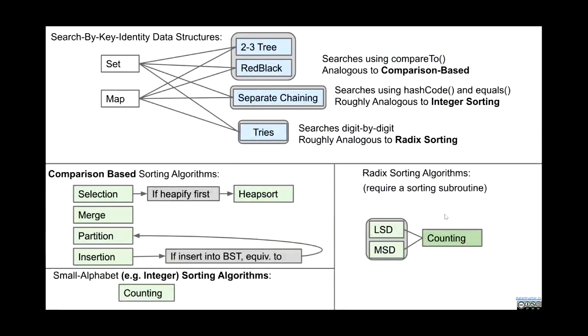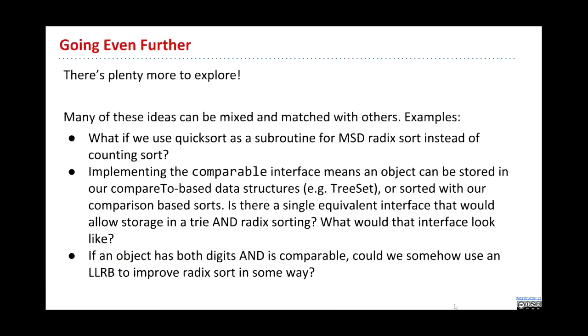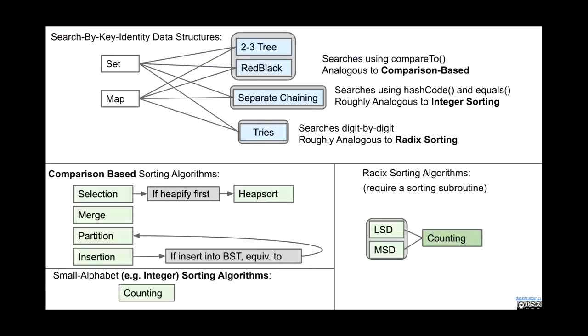Could we somehow use quick sort or merge sort instead of counting sort as a subroutine? That is, quick sort by each digit. What would that be? We could ask ourselves, well, since we have this notion that if we implement Comparable, then we can store things in a red-black tree, and we can also comparison sort, right? The existence of a compareTo method makes it possible to use these data structures and to run these